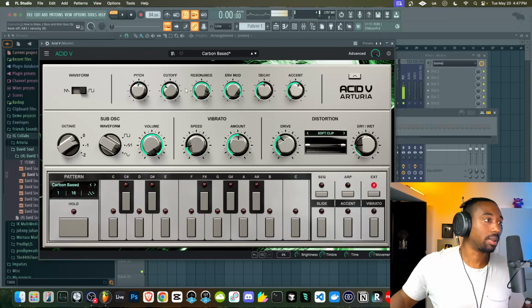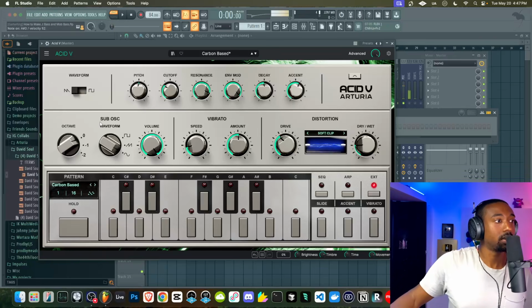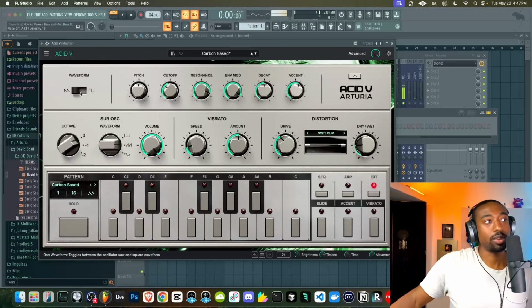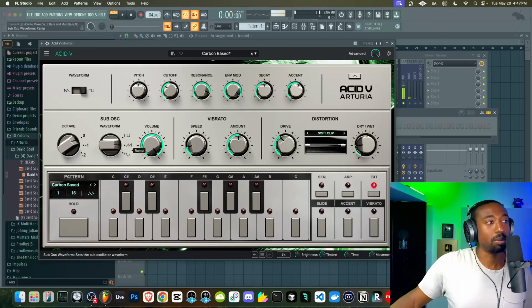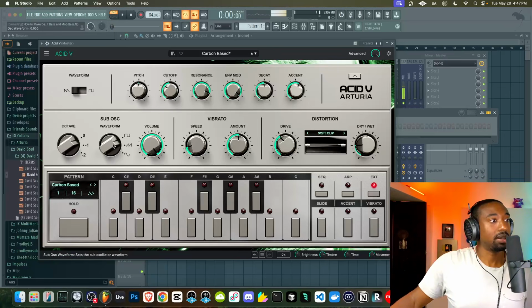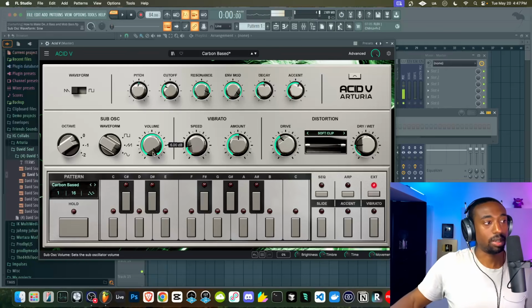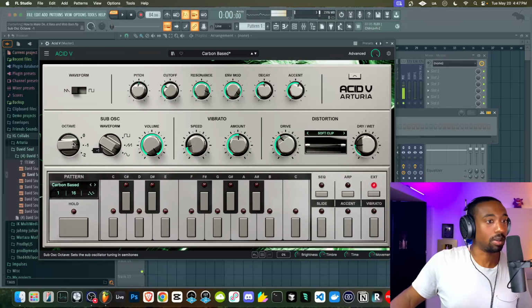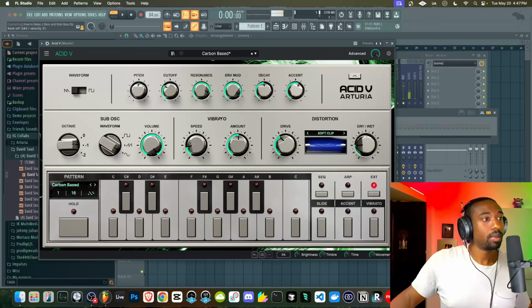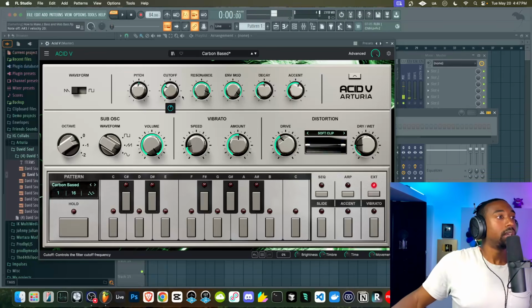Now, this is where the sound design comes into play. If you switch the waveform to a sawtooth, you get more of a bitey tone. Okay, you get that bitey tone. If you switch it to the square wave, you get more of a creamier sound, more of a hollowed sound, I'll say. And so let's start with the bitey sound, and we want the sub oscillator to be a sine wave so that it just enhances the low end, and then we can pull the octave one octave lower. We'll fix the tone. Actually, let's keep it at 0 for now.